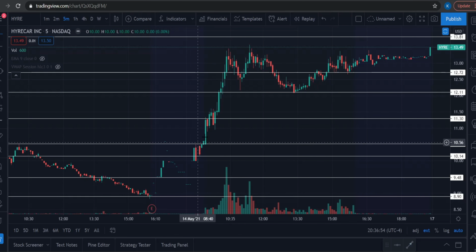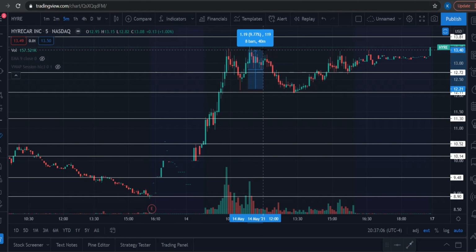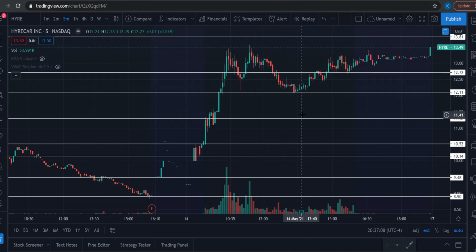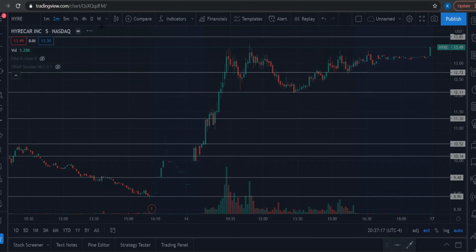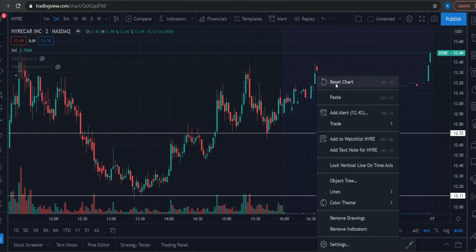Now if you didn't get in your trade here, maybe you were looking at these lines, and when it tested this line, you were looking to maybe enter your trade for going long. And if you did so, then you could purchase right about there on that wick and sell for a 9% move. And this will give you a real fast idea. Now that took me 2 seconds to mark these lines, and again you can go to a 2-minute chart, hit the reset,